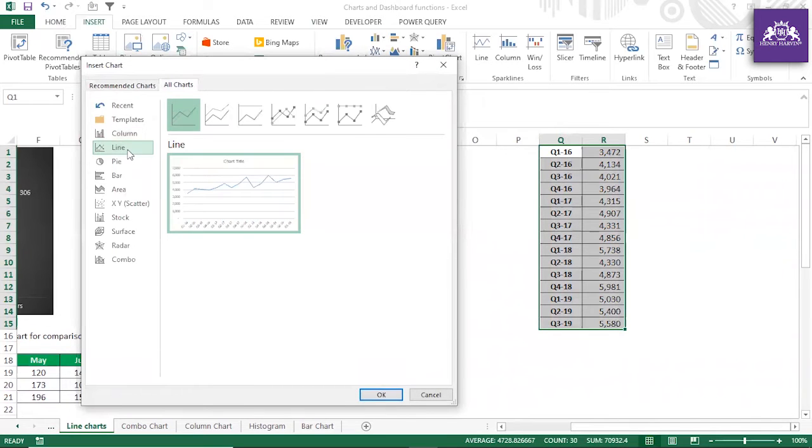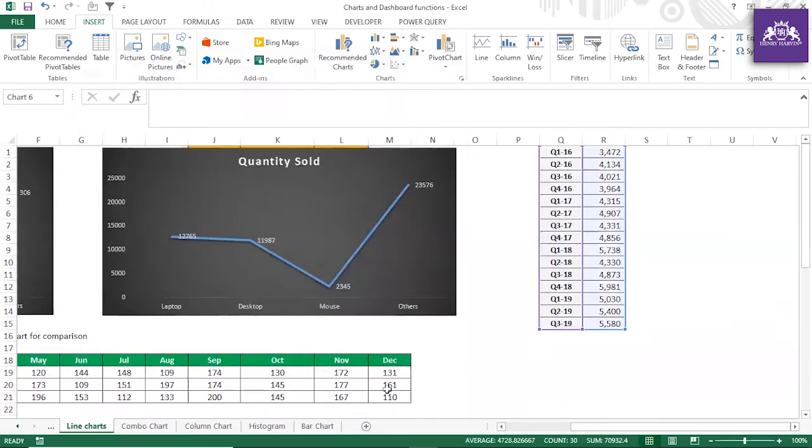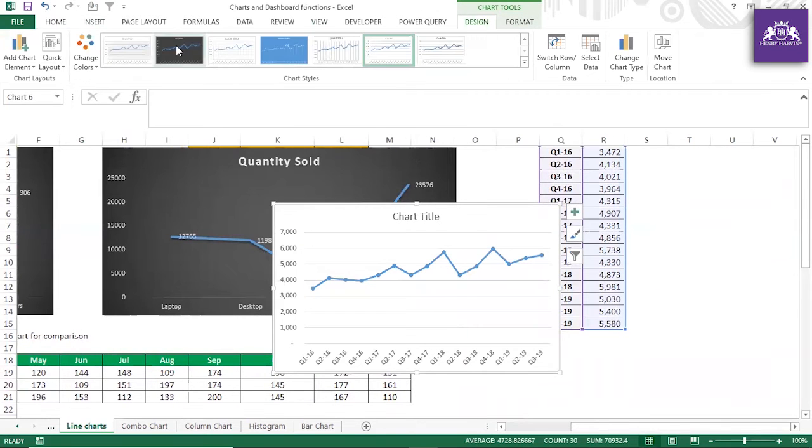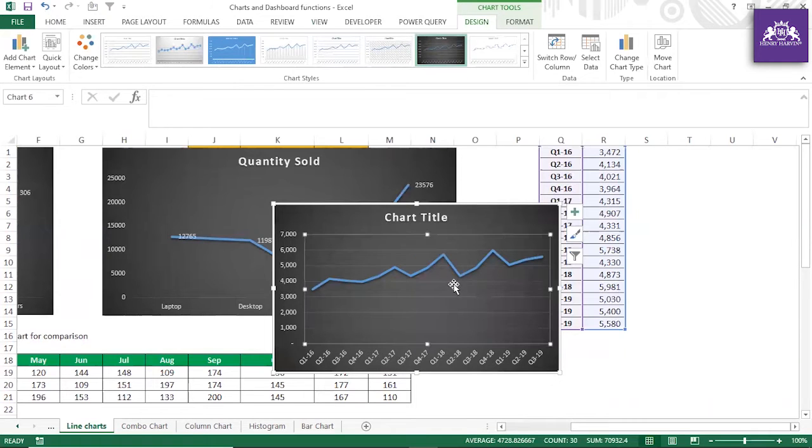You can go to line. So now you see that you can select either this, or maybe you just see that this is called, guys, you can read, line with markers. So once you get line with markers, this design tab is enabled. You can select which chart looks better to you.